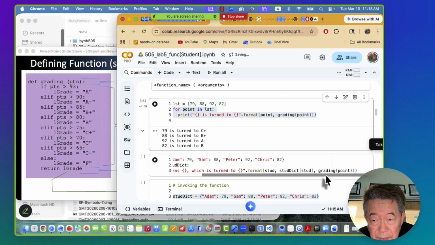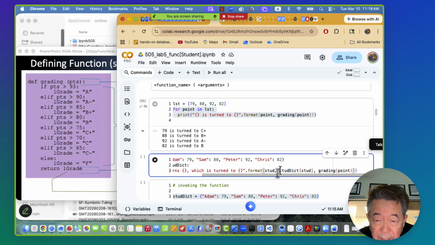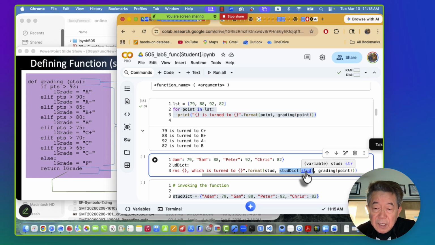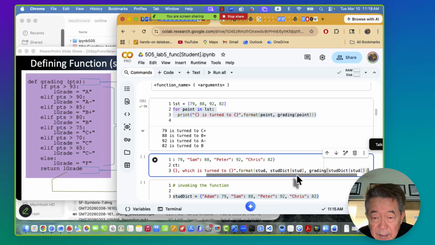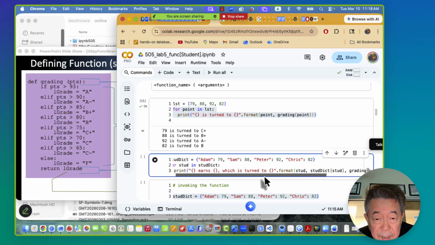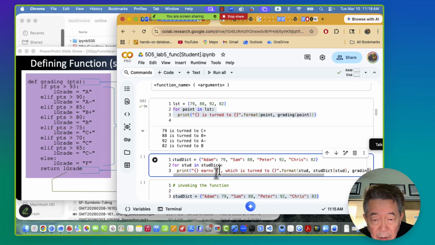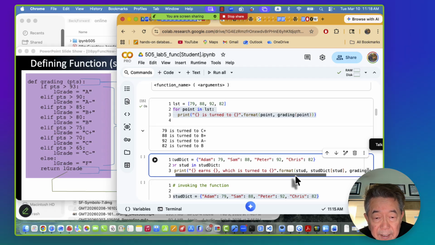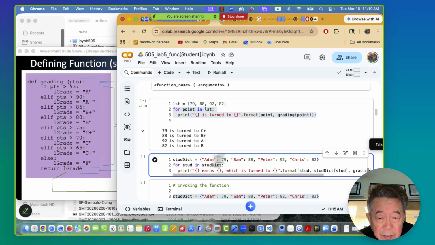And when I call this grading function, we need to put the point that we can get from the dictionary for the student name, student key. So for the key, we can get the value. To see here, we have 3 placeholders. Student's points, which is turned to letter. That's what it is. And the first one is student, because when we have the for loop for the dictionary,